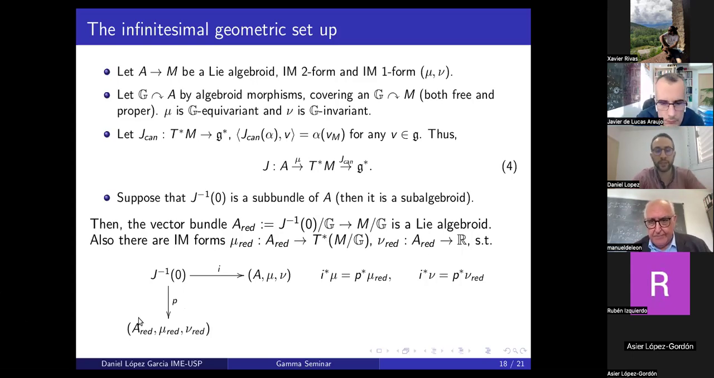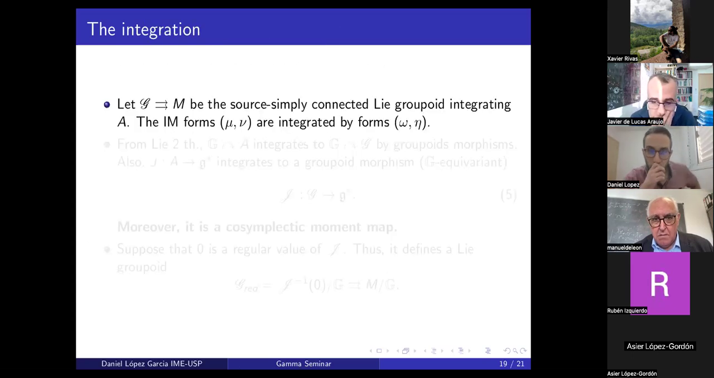And they are defined in a similar way as before. You have here the inclusion, and you have the projection, and they are defined in such a way that when you take the pullback of these two maps, they are the same. They are equal on the 0 level. If you see, this is a kind of reduction at the infinitesimal level. It's very similar to the previous case. Now,